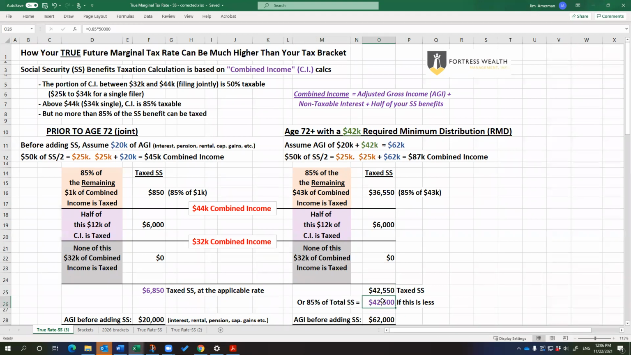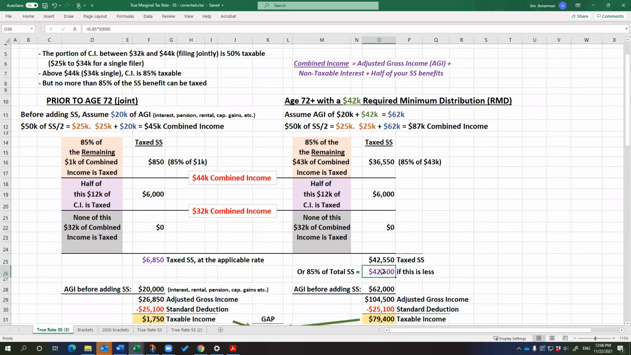which is 42,500, and we take the lower of the two. In this case, it's 42,500. So this is a much higher number than 6,850. That's because this additional 42,000 up here pushed the Social Security into the high taxable area, this peach area